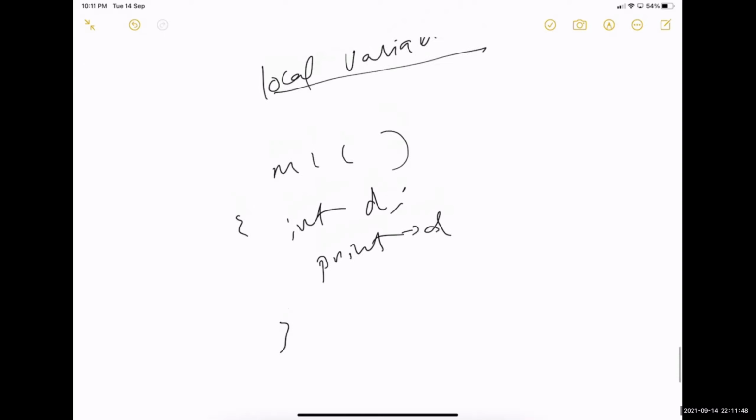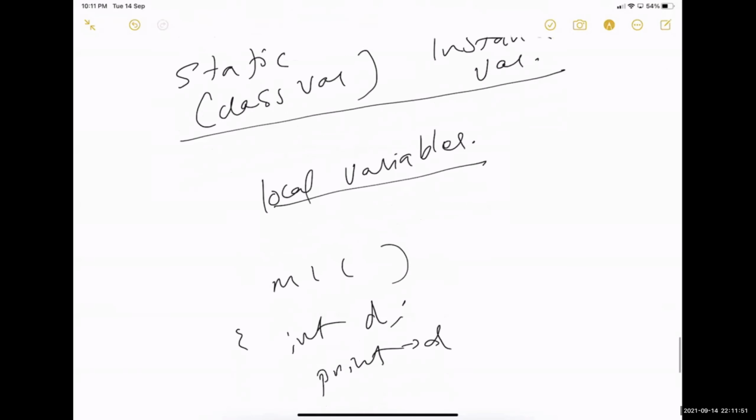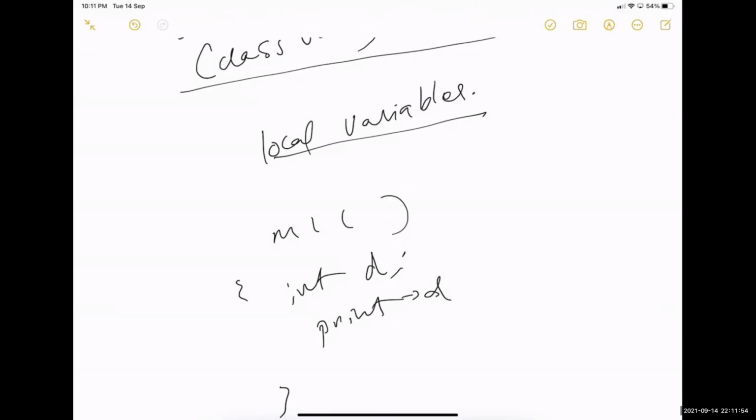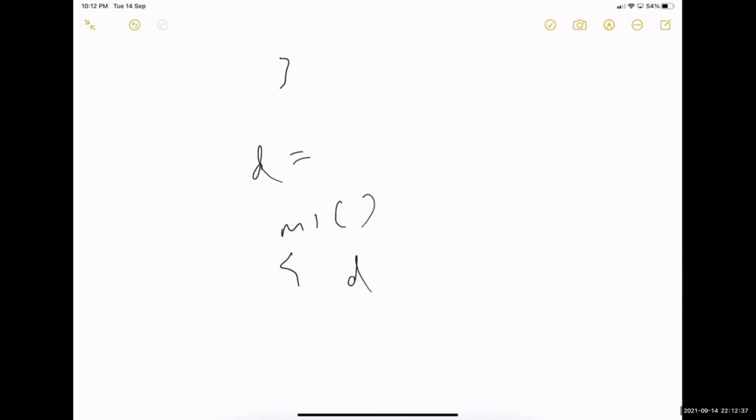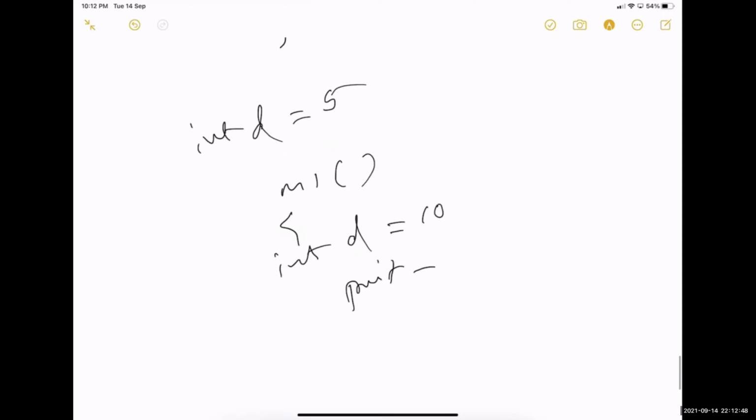Okay, so unlike static variables and instance variables, local variables are not given a default value. So if you have not initialized it and you try to access it, it will fail. So you can say int d equal to 5, or in some way you have to assign a value, and only then can you print it or use it. Say the instance variable is d equal to 5 and your local variable is d equal to 10. And if you print here, will it print 5 or 10? Okay, all are clear. It will print 10 because the local variable will have priority.